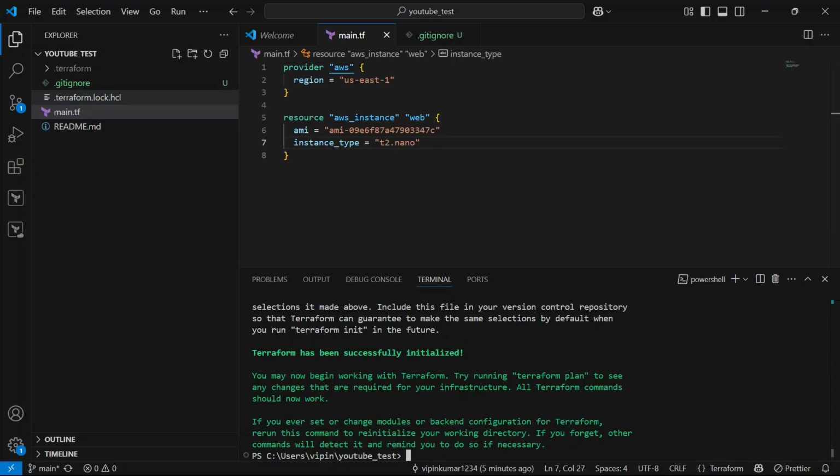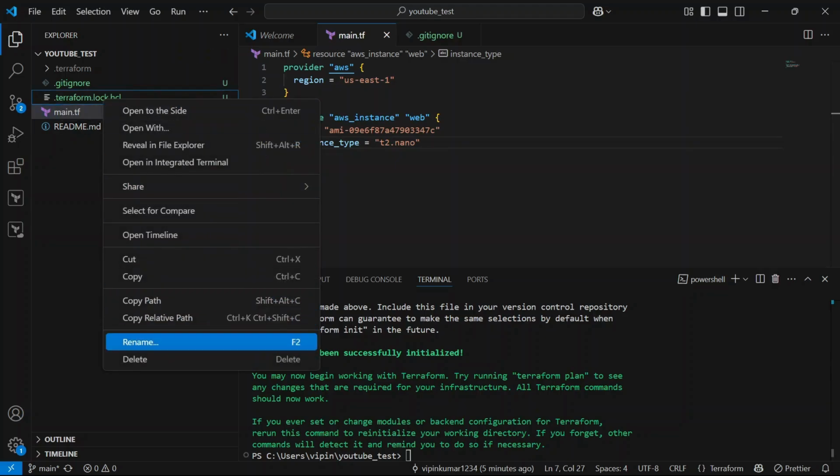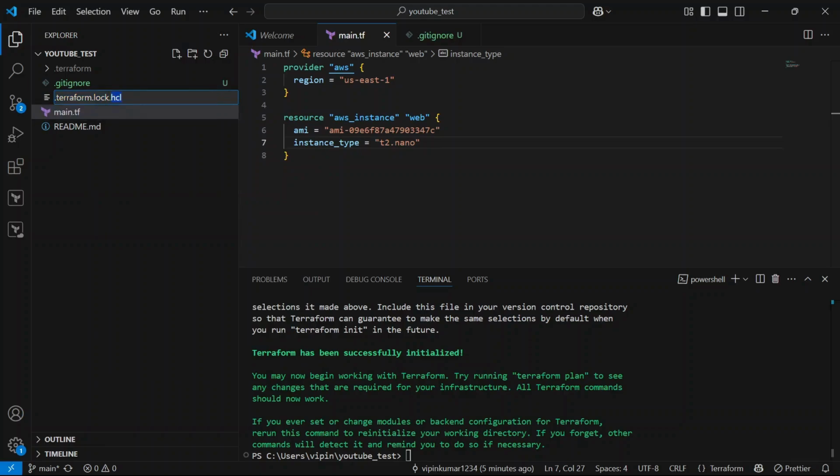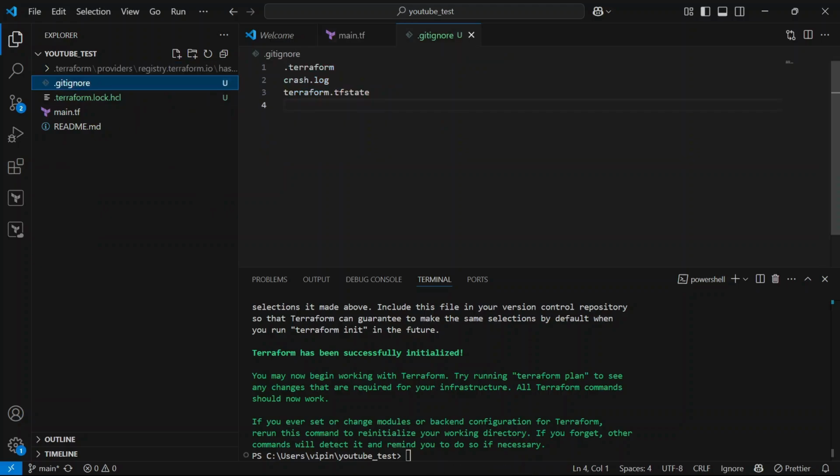So yeah, we also have to ignore .terraform.lock.hcl, so let's rename. Copy this and go to the gitignore and use that as well.